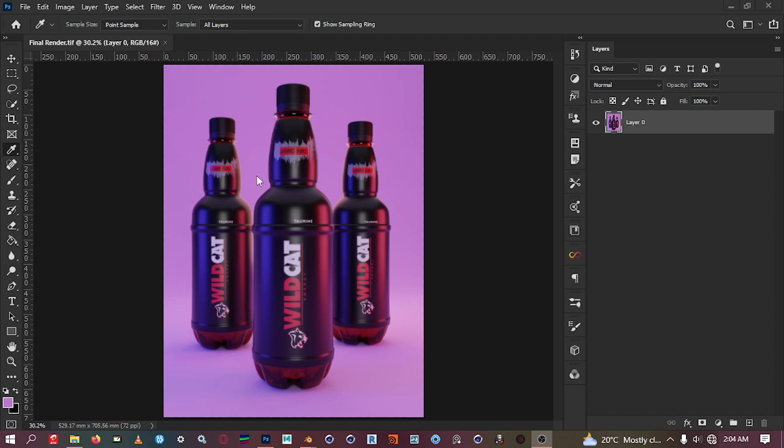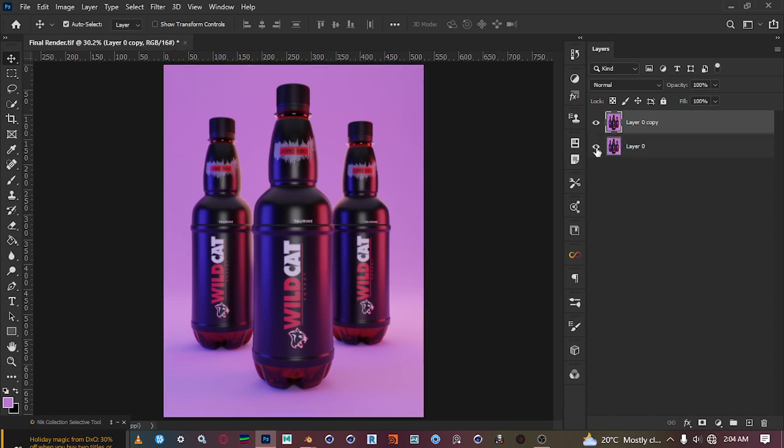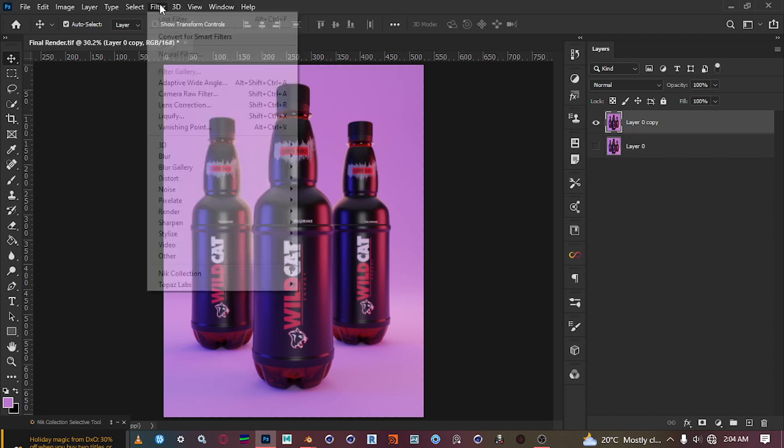You can do this in Lightroom, you can do this in Affinity Photo, I don't know, photo something. You can do this in GIMP, you can do this in any photo editing software. Okay, so the first thing I'll do is create a copy of this scene with Control J on the keyboard so that I do not affect my old scene. So I will go to my filters,